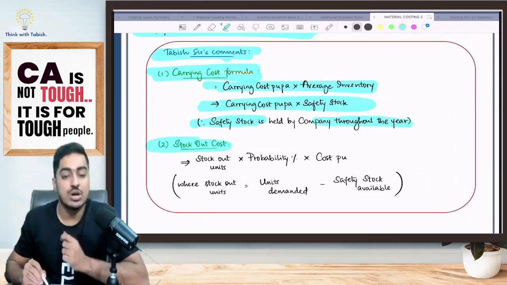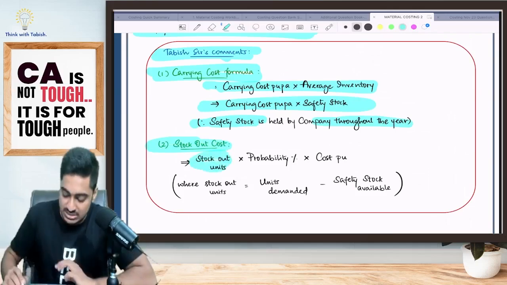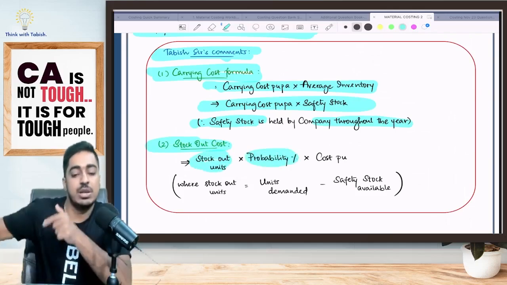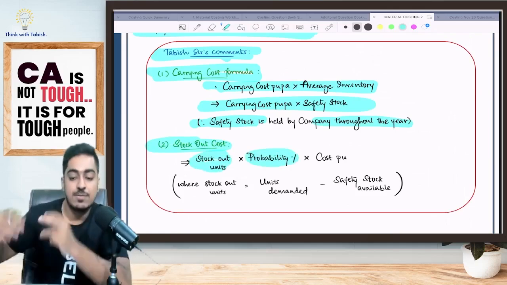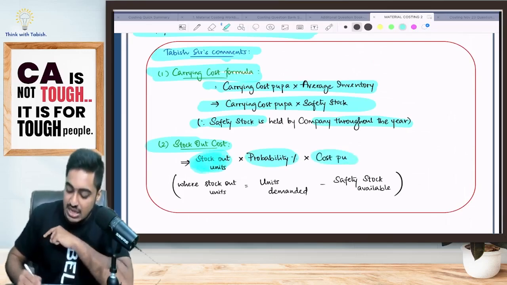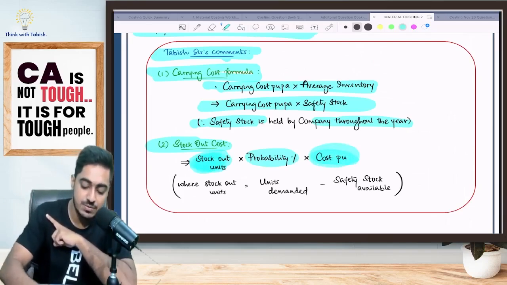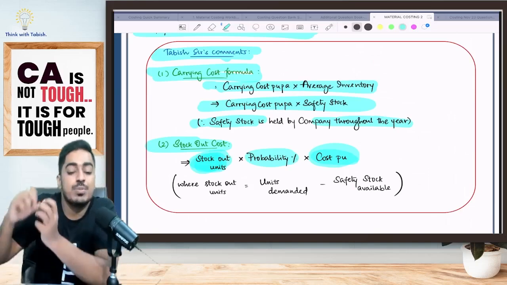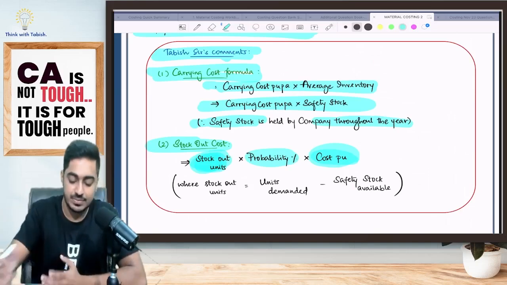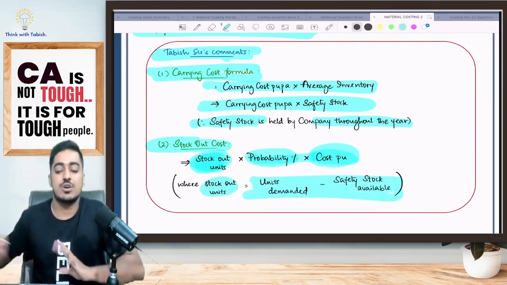Second, stock out cost, how will I get? It is how many units stock out is there, into what is the probability of that happening, into if 1 unit becomes stock out, what is the cost? Yes, I am telling 100 units stock out is there. Every unit stock out, I will lose 150. That means 150 for 1 unit. Like that 100 units, I will lose 15,000. But what is the probability of that? Only 2%. So the expected cost is 300 rupees. Wherein how will I get stock out? It is nothing but how many units customer is asking minus how many I am having.